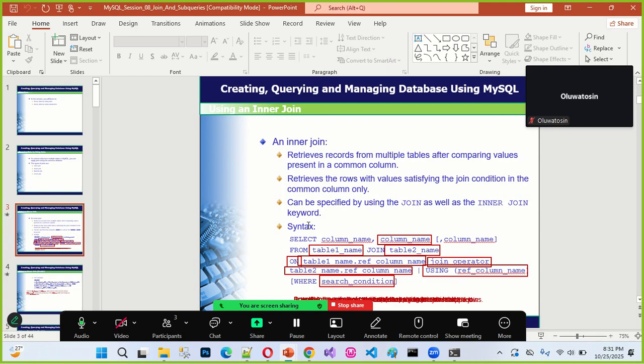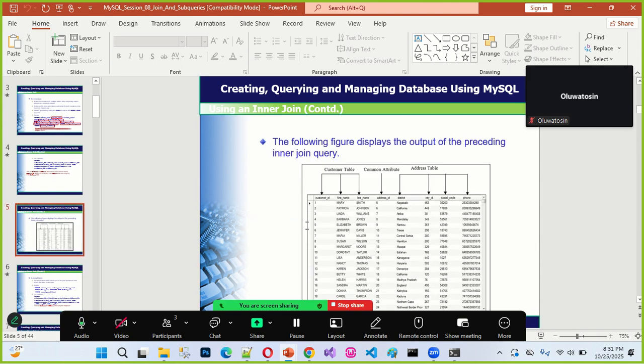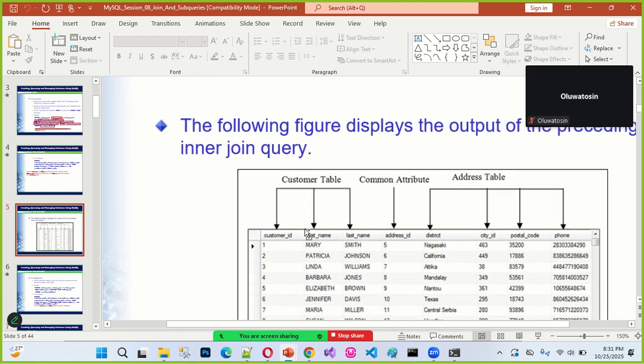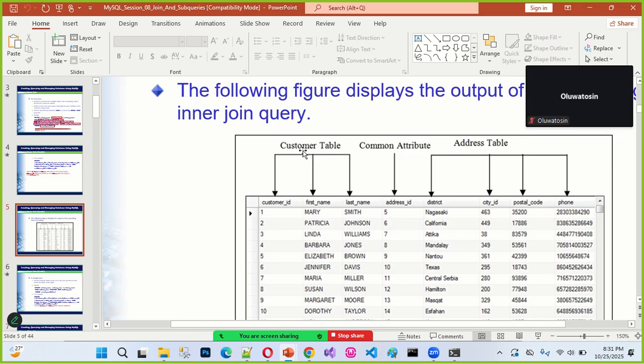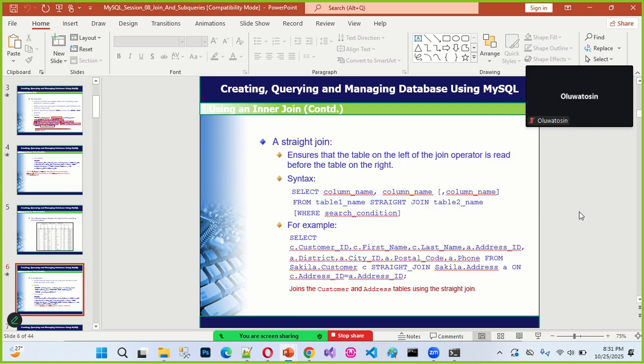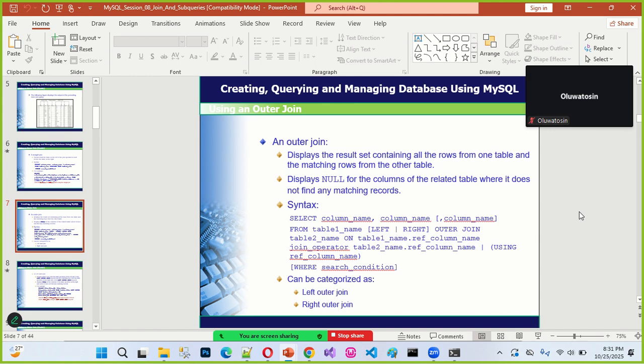But another example now is when we look at the next join, you can see this example. This example shows the system returning the output from the customer table and address table. The common attribute is the address ID on both tables now. So this record from here is coming from the customer table, while this record is coming from the address table. That's the use of the join. Because once you split your table into different tables, you can use join to pick all the records from different tables and combine them together in a single result set. Okay. And apart from this one again,